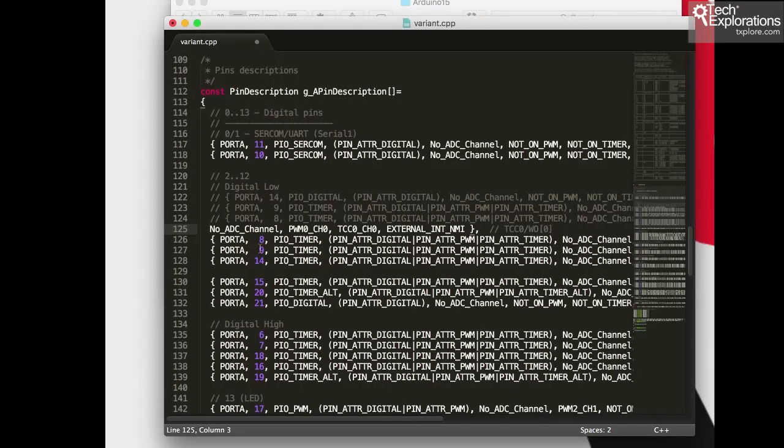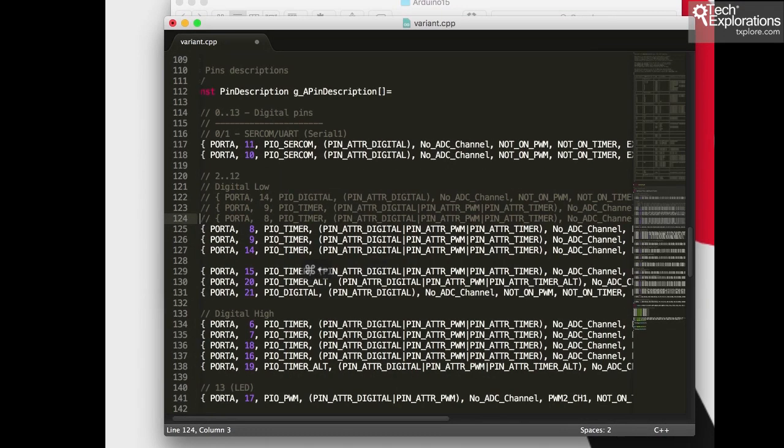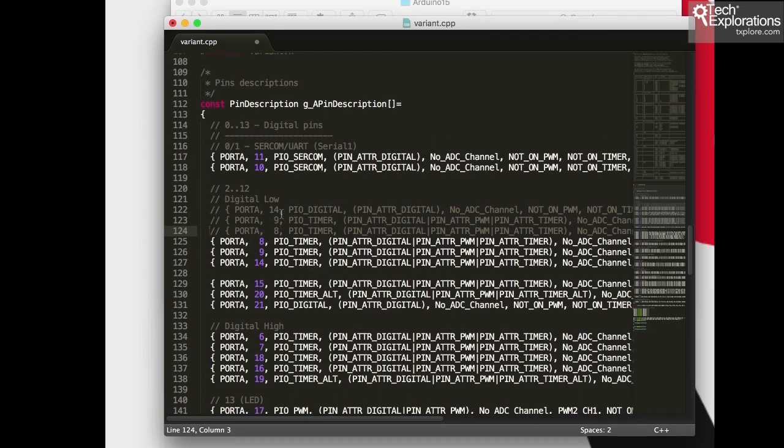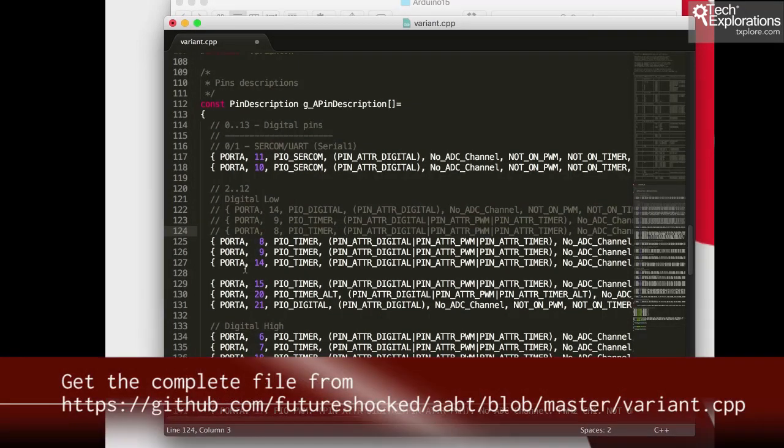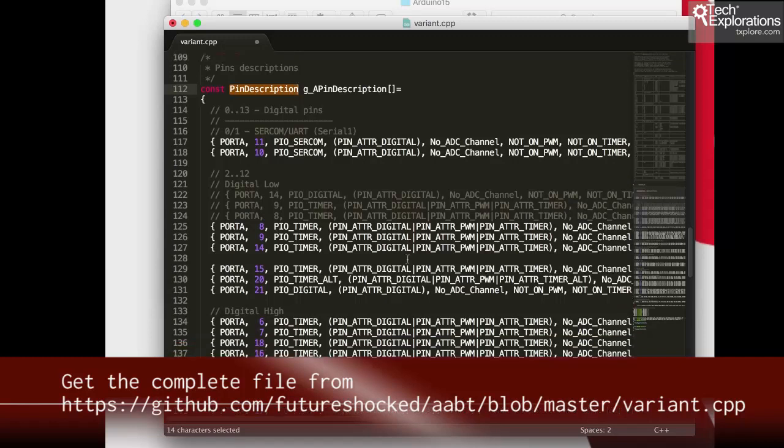Okay, got to remove that as well. Okay, so what I've got here is that the original PORTA 14, 9 and 8 are now 8, 9 and 14, and this difference in the order by which these records or these lines appear in the pin description table corrects that swap of digital pin 2 and digital pin 4. So we'll just save